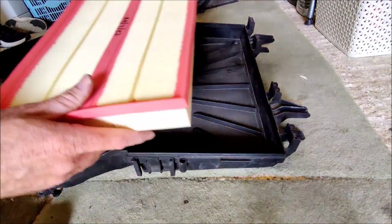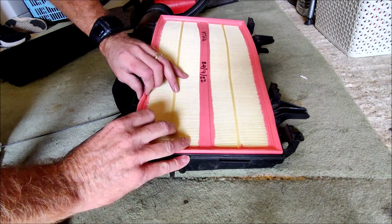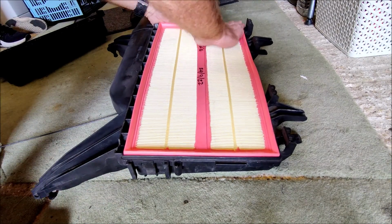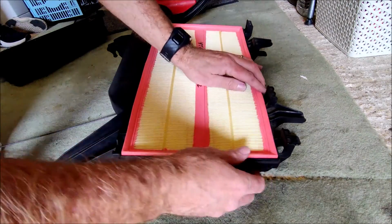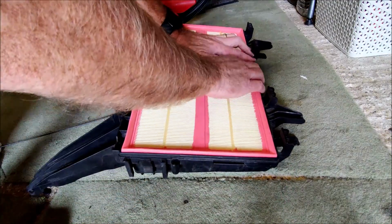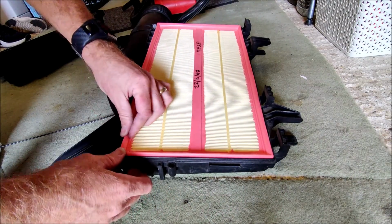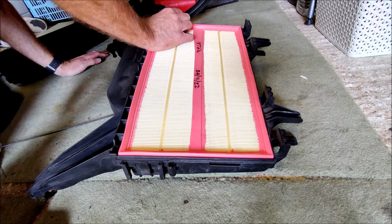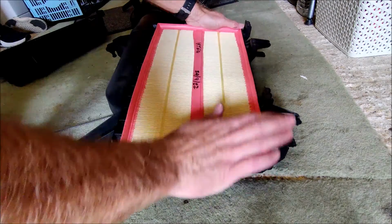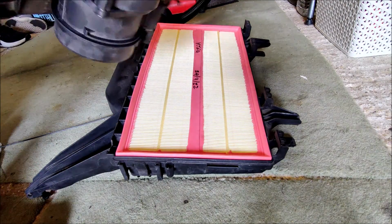So let's put the new air filter in. There it goes. Make sure it goes down as far as you can push it. So it almost goes down level, almost level with the lip. There's probably about 4mm protruding like that. And then we take the lid of the air box,